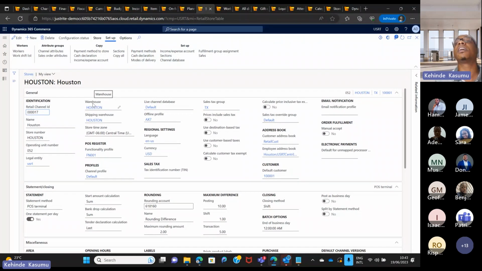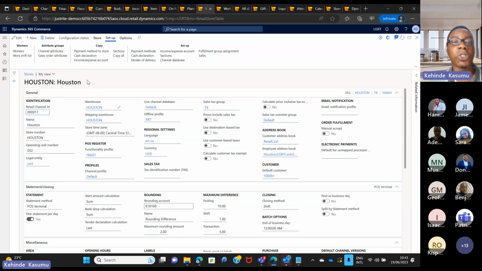So it's possible you could have a scenario where the shipping warehouse is different from where you receive, or it could be the same. It's quite flexible for you to adjust depending on your business process. Another thing you could do is set up your tax configuration depending on what government authorities preside over this. You can set up payment methods for each store. You want to receive cash, cards, payments by transfers and so electronic payments and so on.